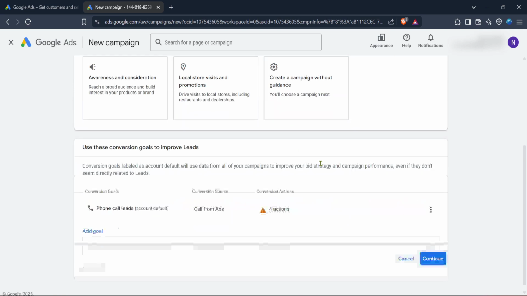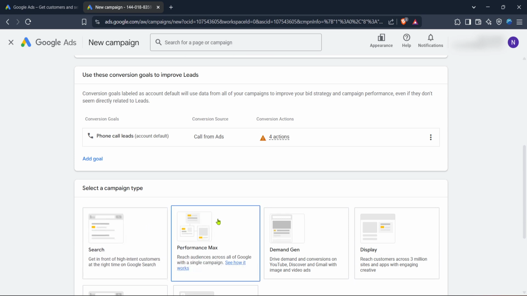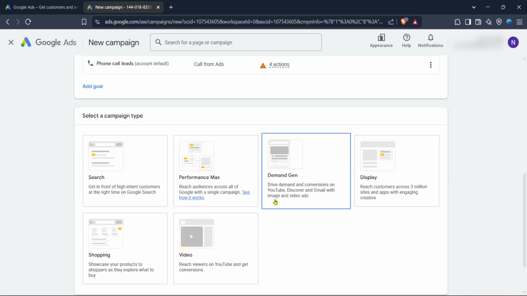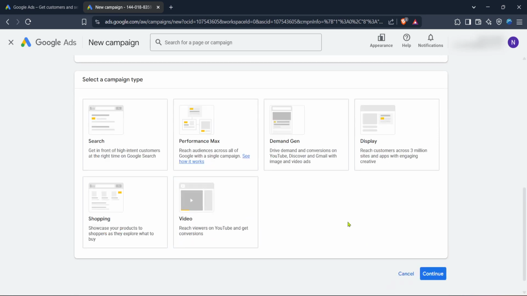Over time, you'll gather insights about what's working and what isn't. Don't hesitate to experiment with different ad formats, messaging, or targeting options until you find what resonates best with your audience. Remember, optimizing Google Ads takes practice, but with persistence and attention to detail, you can significantly boost your cleaning business's